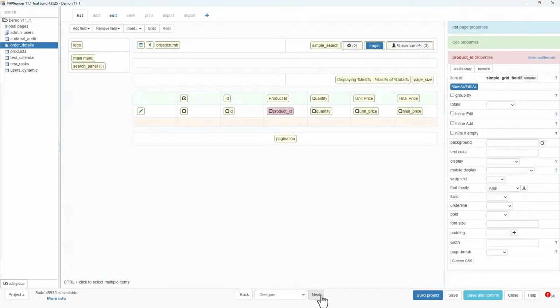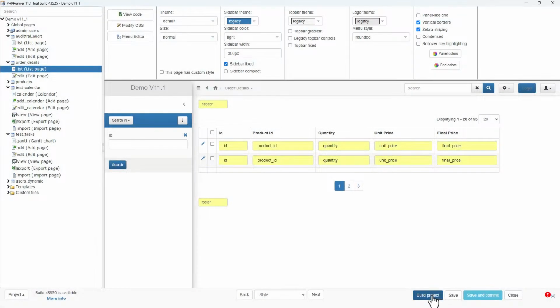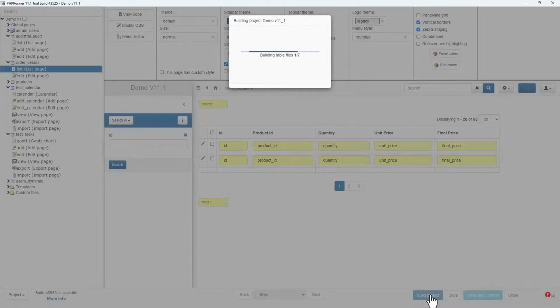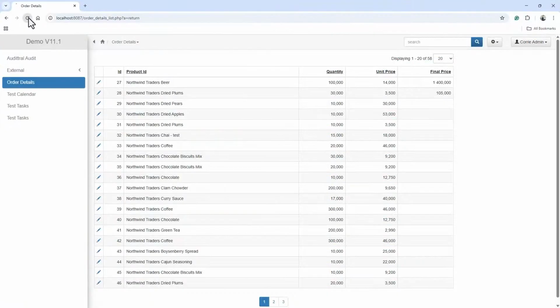Next, let's quickly see. Let me just think about this. Yeah, it looks fine. Save, build the project, and okay, let's get the page up. So where is it now? Okay, let's try and edit one of these records.